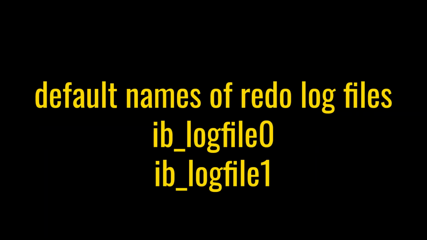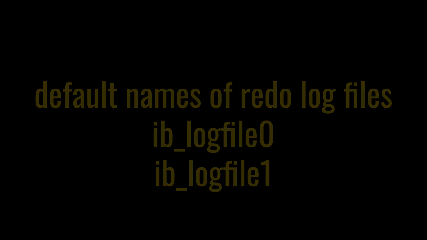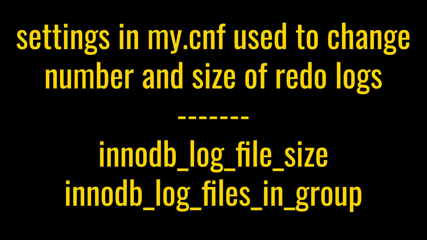Redo log files are named by the server. It cannot be manually changed. Redo log files are named as follows by default. IB_log file 0, IB_log file 1. Additional redo log files created and size of each log file can be changed by changing the settings in mysql. The size and number for redo log files can be set using parameters